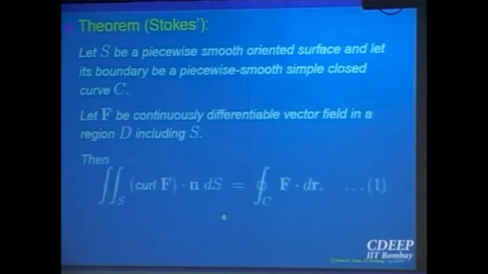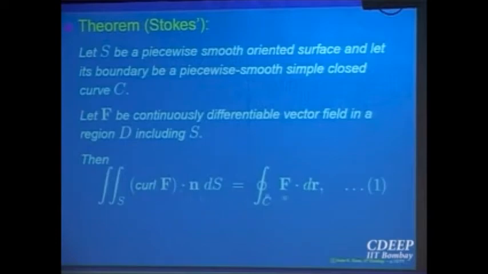It's continuously differentiable. It says, and this is a form of Green's theorem that we had also, that the surface integral of curl F dot N is equal to the line integral over the boundary. So this is the second generalization of Green's theorem, the curl form of Green's theorem. There we had the double integral on the left hand side for the planar vector field F, curl F dot N, and here we have the surface integral in R3: curl F dot N dS.